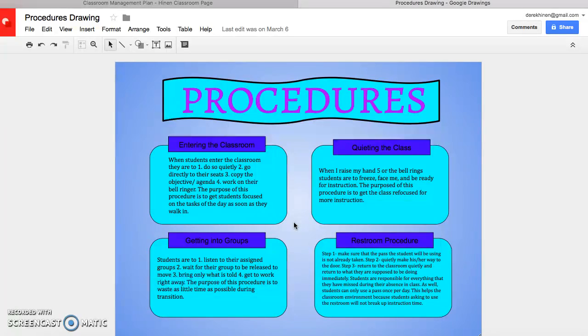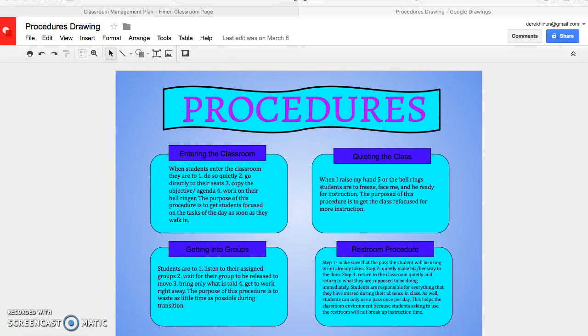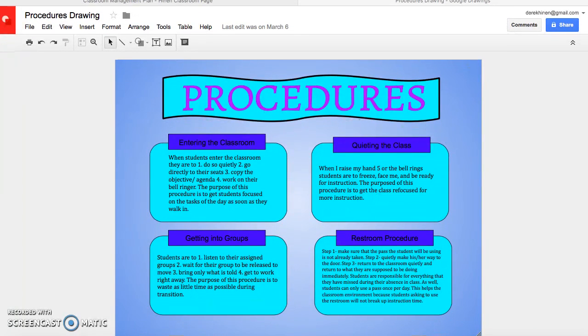If you need to use the restroom, all you have to do is just follow that procedure quickly and quietly, make your way to the door, use the restroom, and come back. That way you don't distract any other students. That way the rest of the class can stay focused on our objectives for the day in the classroom. So those are just a couple of the procedures that will be going on in the classroom, and obviously some pretty important procedures as well that we will cover in later dates.